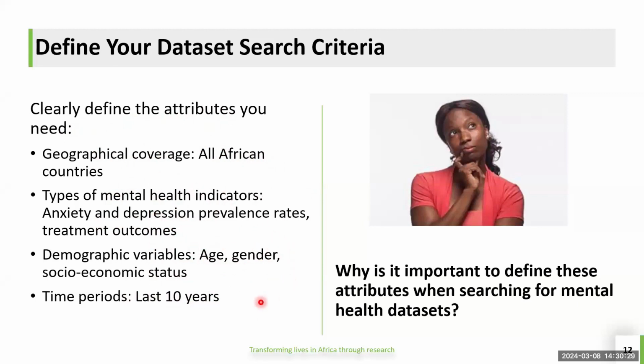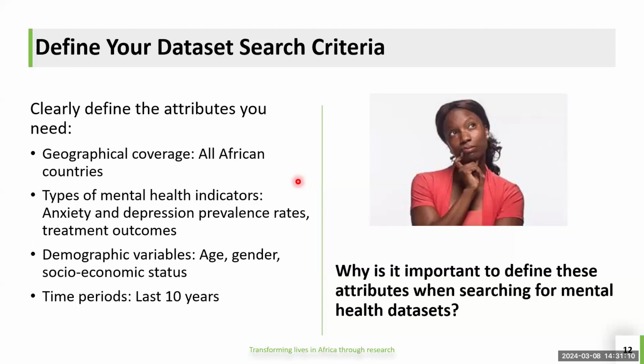So these put together, and depending on where you are searching, because different platforms have different rules in terms of how you can link these things together. So one way that I've done this is to first look at each of the topics of interest, so anxiety, depression, so on, and see what comes up. Usually, if you're looking at one attribute, you will get loads of results coming back, depending on where you're searching. And then you start to combine them.